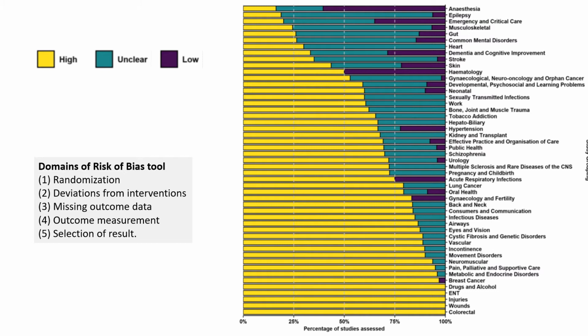They plotted the ratings in this table. Yellow means high risk of bias, green unclear risk of bias, and purple low risk of bias. You can clearly see that low risk of bias, or in other words, high quality evidence, applied only to a small number of studies, precisely 8%. All the other studies had serious or unclear limitations. Not all of the limitations have to do with poor methodological decisions. Sometimes limitations are just unavoidable, but most have.